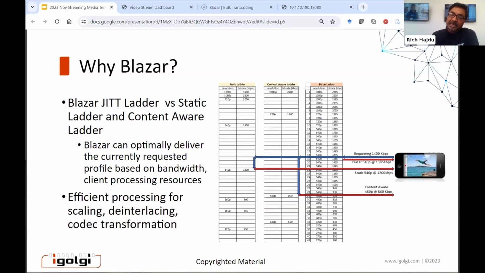So the key question is, why is Blazar even relevant? If one can go back and look at the early ABR systems, very early systems were built on the concept of a static ladder. Namely, the system would predefine a number of profiles that one would create. And this is called a static ladder. It was delivered in the form of a manifest to a client, and then the client would pick from the